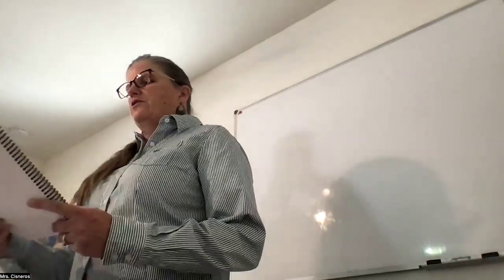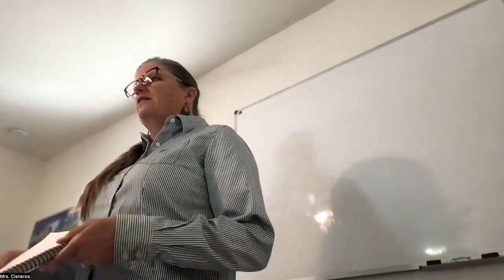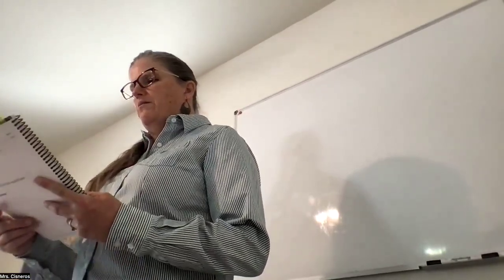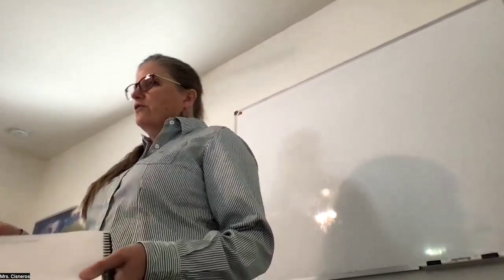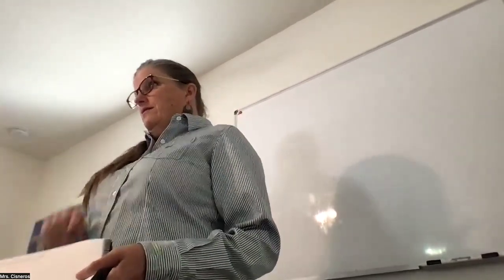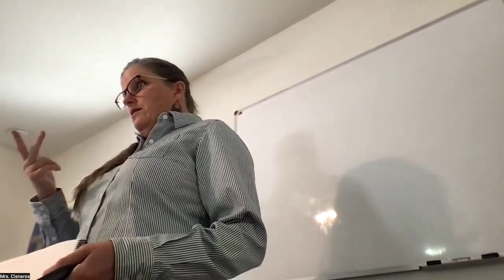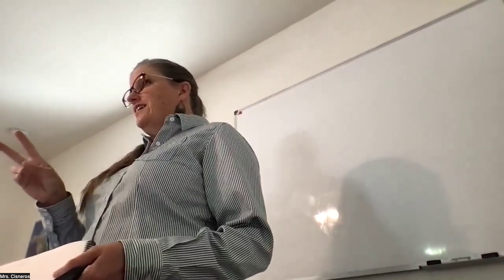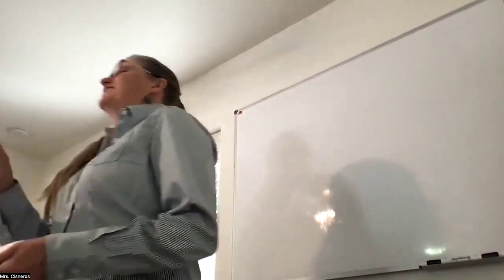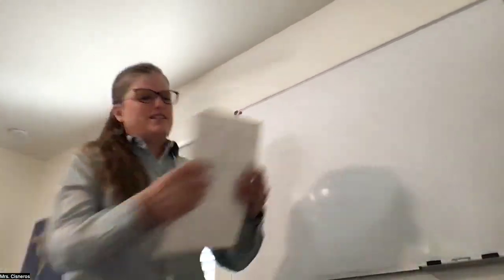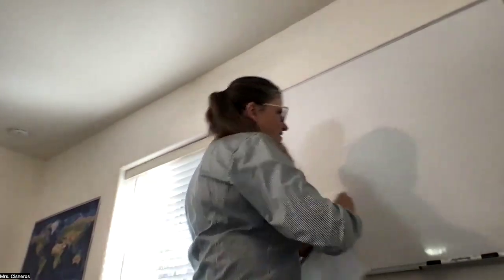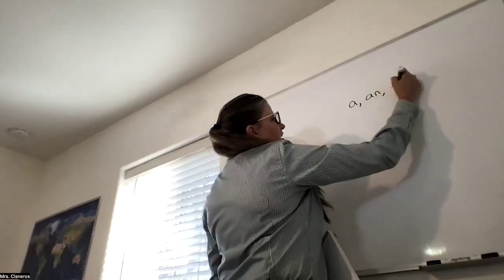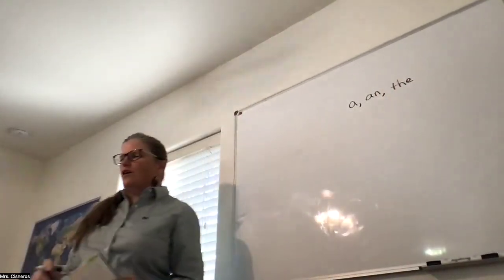All right, page 19. We're reviewing today, as you can see on that page. It says to write these orally, but I'm going to actually have you write them in there. So you can use a pen or a pencil. It doesn't matter. Who knows what the three articles are? Brady? What was the second one? And. Not "and." Those are two different words. Very good. So next to where it says, what are the three articles? Go ahead and write a, comma, an, comma, the.